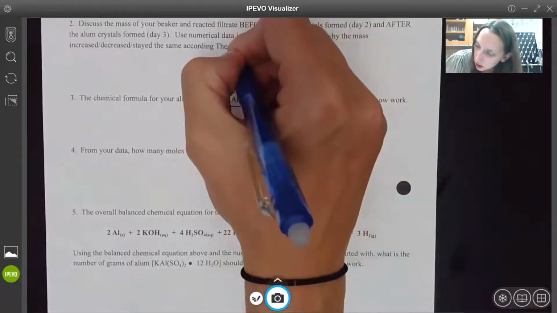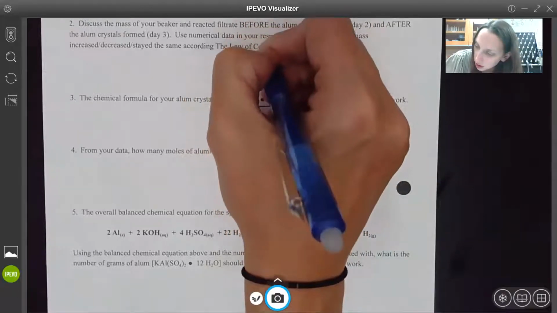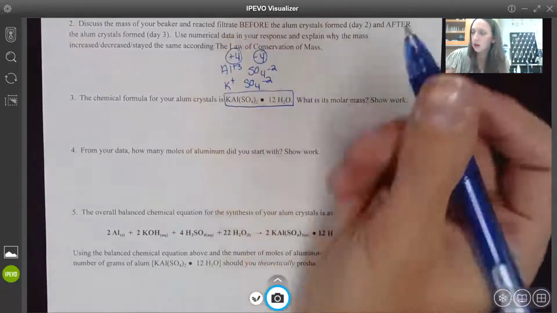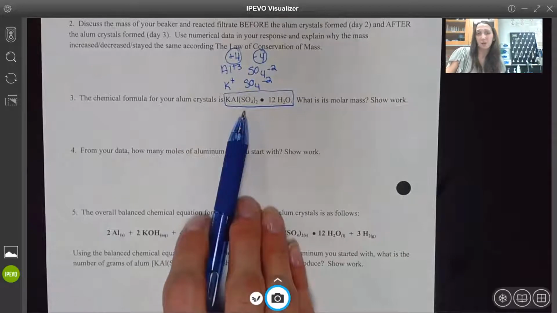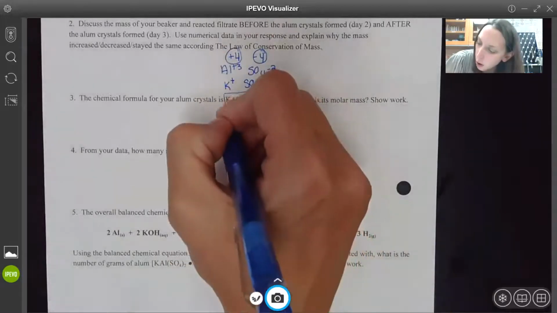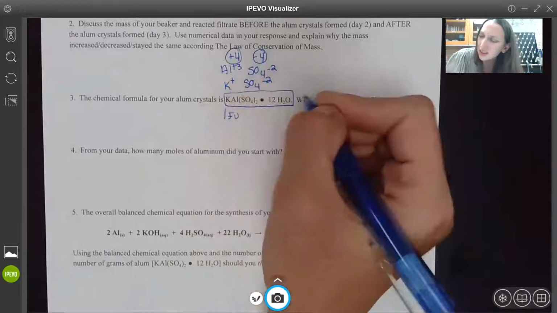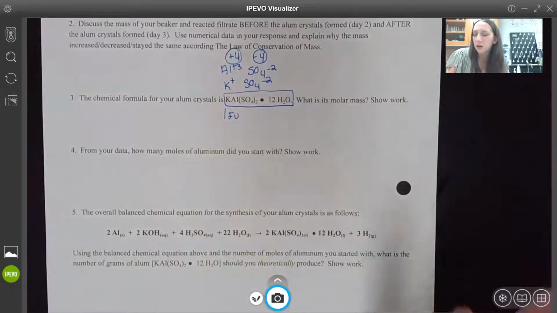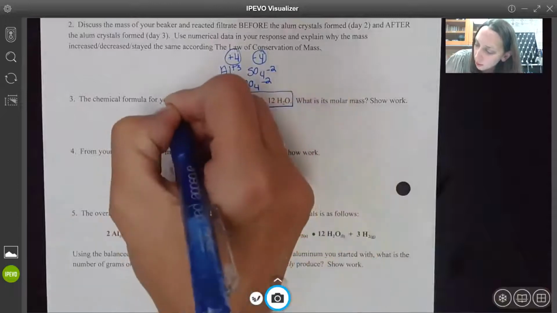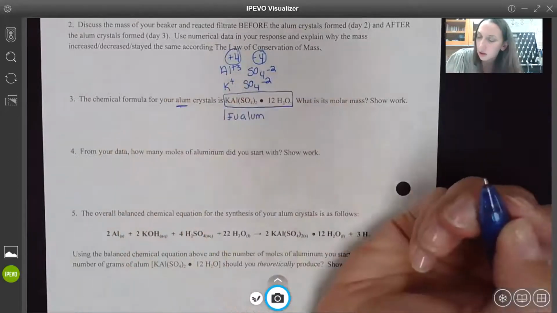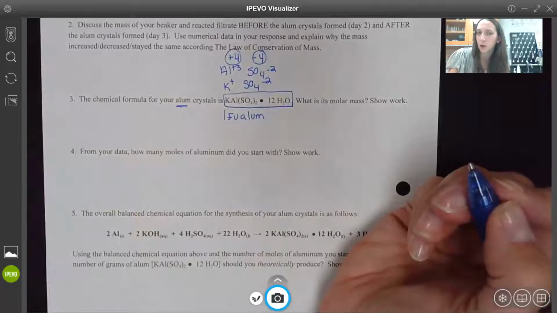So I've got a total charge of +4, a total charge of -4. So even though it wouldn't be on a test or quiz, it's still an ionic formula. And now I've got 1 formula unit, but I've also got this water component, 12 molecules of water. But 1 formula unit of alum, I'm just writing alum instead of the chemical ionic compound component there,